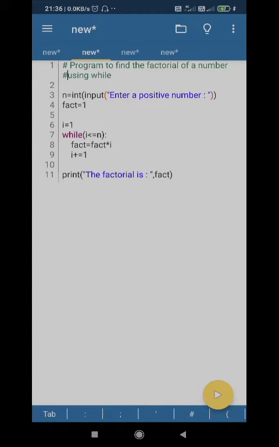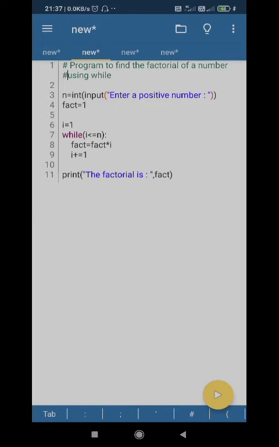What is factorial of 100? 1 into 2 into 3 into 4 into 5 and so on. It goes up to 99 into 100. Multiply all of those terms starting from 1 to that number. So there is an iteration going on there. If you want to find the factorial of 5, how many times do you have to do the multiplication? You have to start with the first two, then the third one joins, then the fourth one joins, and the fifth one joins. So in this way a loop needs to be done.